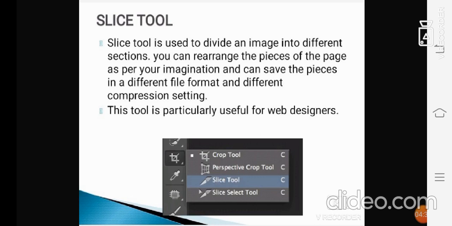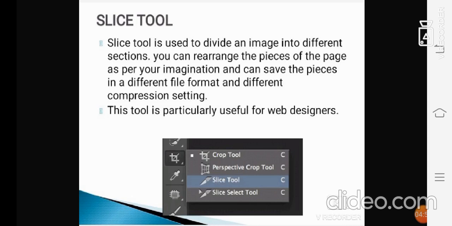You can rearrange the pieces of the image as per your imagination, and you can save the pieces in a different file format and different compression settings. This tool is particularly useful for web designers.